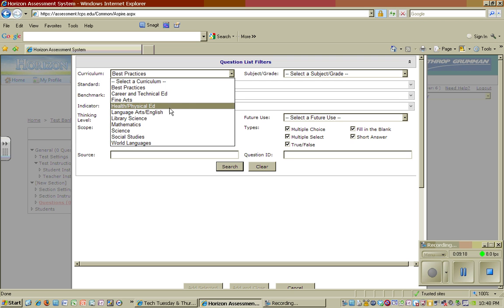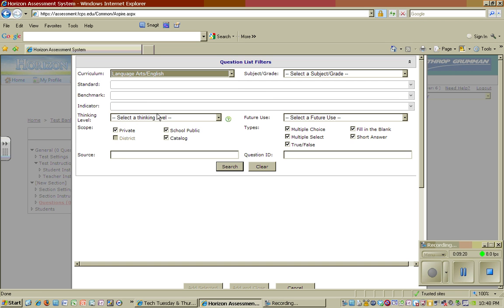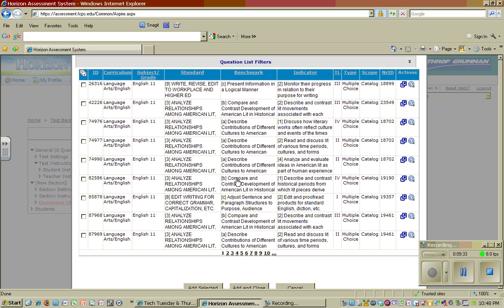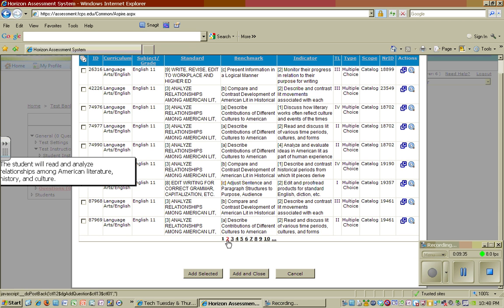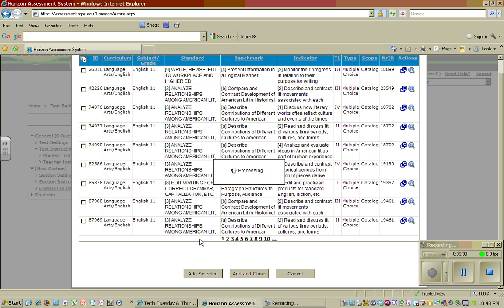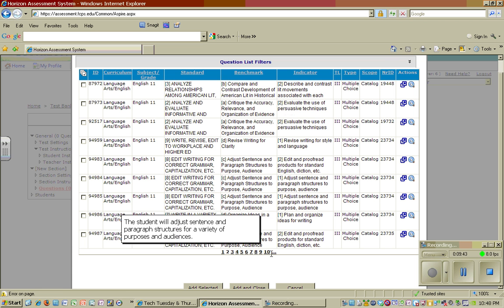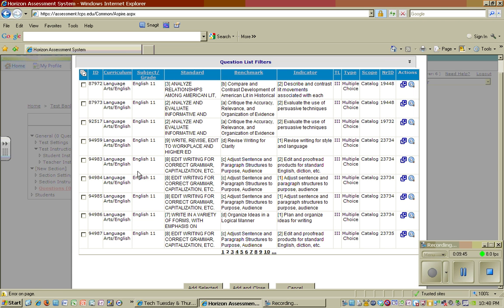So I'm going to just go ahead and change it to, we'll do 1 language arts question and 1 math question. So language arts, and I'm not even going to put a standard or a grade, because that way it'll give us a lot of options. So we've got lots, as you can see, lots and lots of options. You see this goes page 10 and beyond. And right now we're in grade 11. So I'm just going to